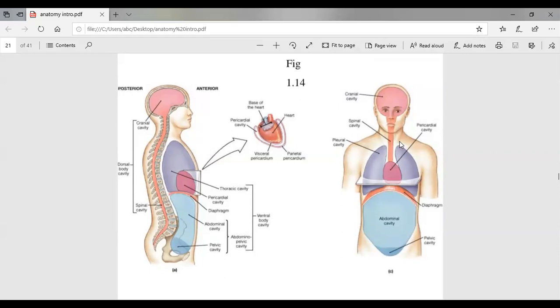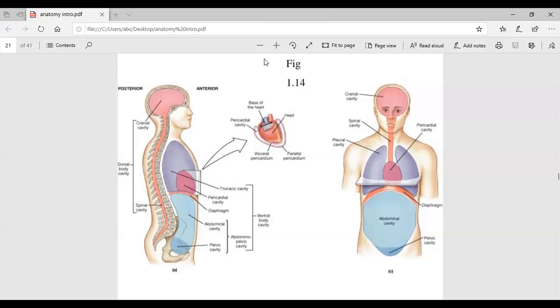So the human body similarly has different cavities. As you can see, the cranial cavity in the region of the brain. Can you see it is termed as cranial cavity? Why? Because the brain is situated inside it. And the cranial cavity is formed by the bones of the head. The bones, which are hard in structure, protect the brain from any damage. That's why we have the cranial cavity.